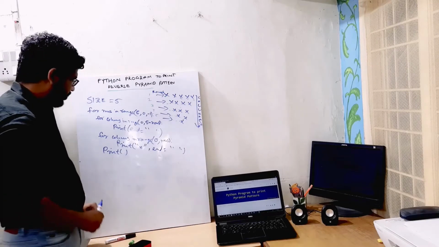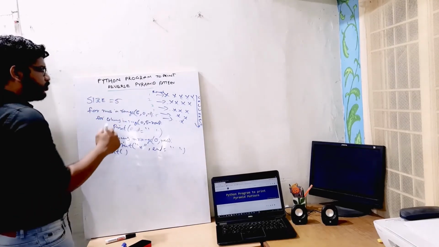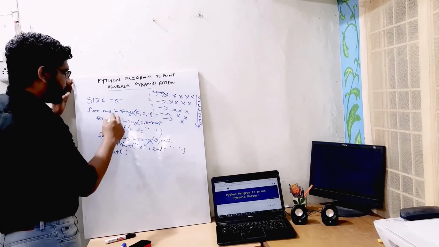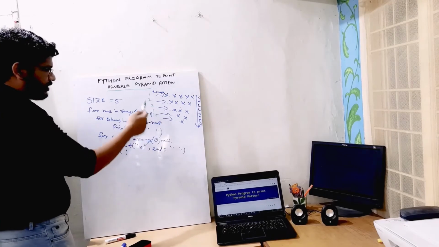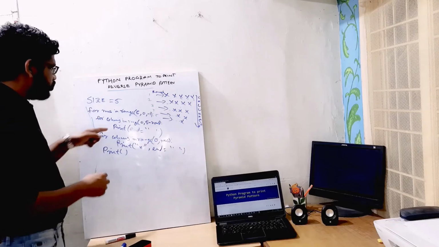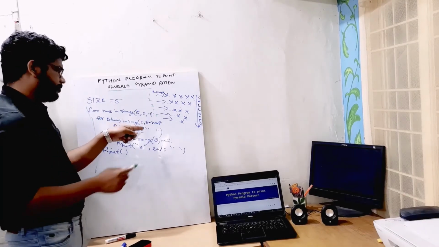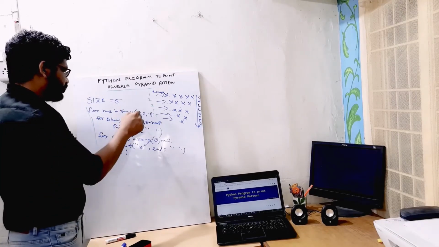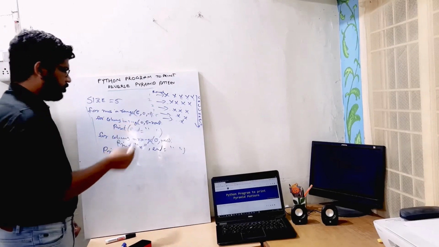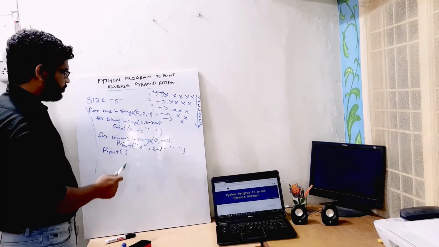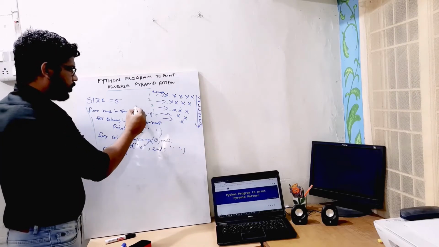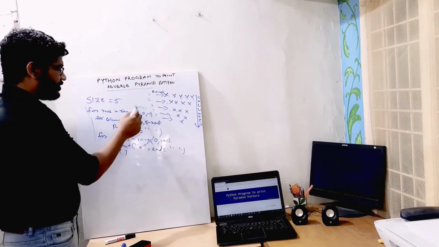So let me explain this. Here we have taken size as 5. That is the range. So here it says for rows in range 5 to 0, that means 5 to 1. We'll iterate this. What will happen in these iterations? In the first iteration, size is 5. It will come here. In the columns in range, there is 0 to 5 minus rows. Here rows is 5. As seen, it goes 5, 4, 3, 2, 1. So in the first iteration it will be 5.